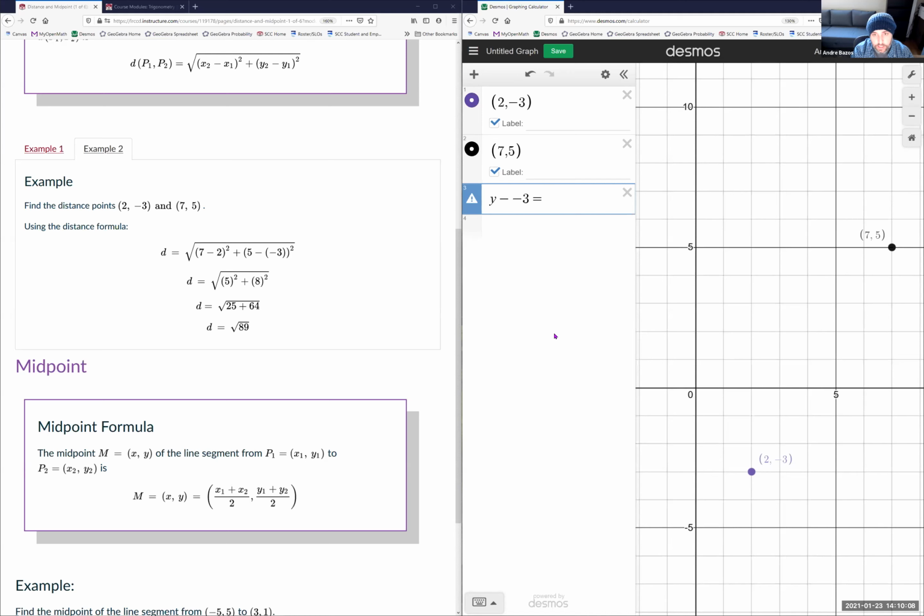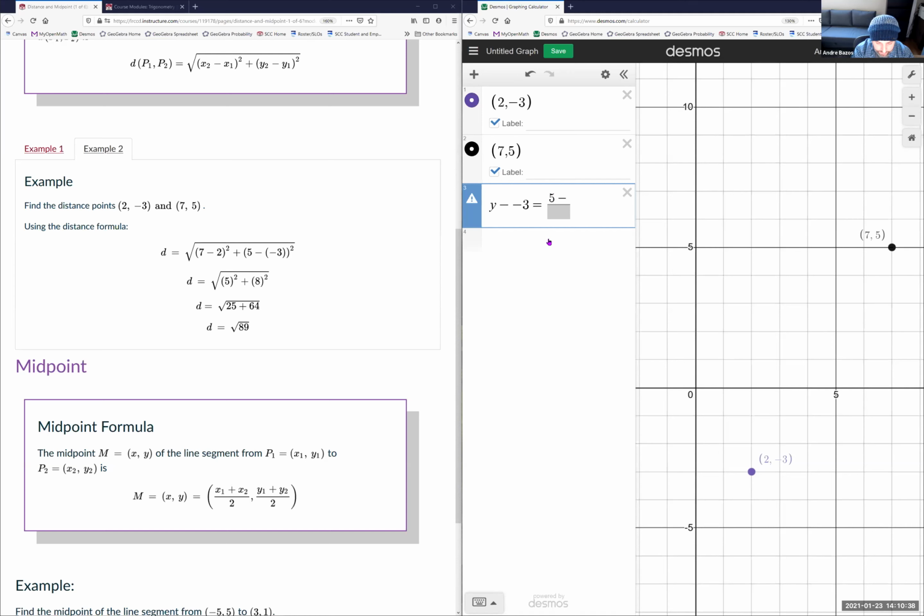All right, so I'm going to take the slope. I've got to find the slope. So I'm going to let Desmos do this stuff for me. So y1 minus y2, y1 minus a negative 3. Whoops, I forgot that Desmos likes to make fractions with just one number. So let me show you, if I do that minus 3 that I want to do, and I try to make the fraction, it just makes it on the 3, and I want it to be over the whole thing. So I'm going to do 5 divided by, that way I get the fraction set up,